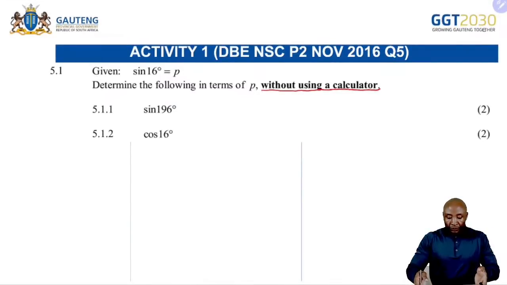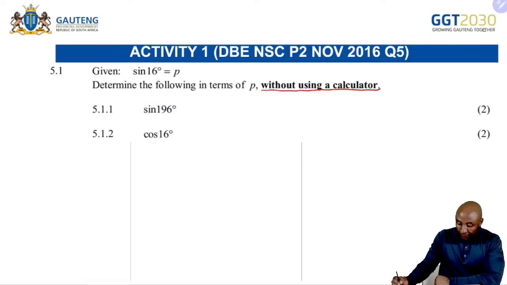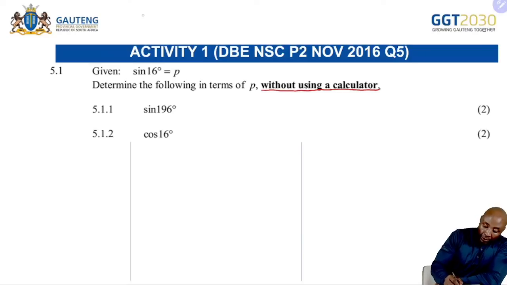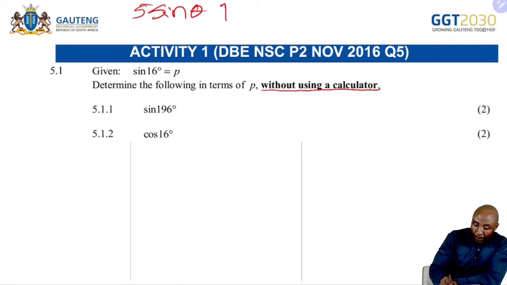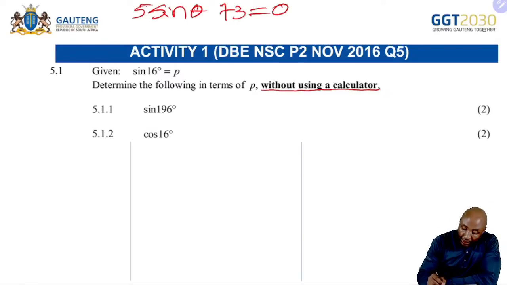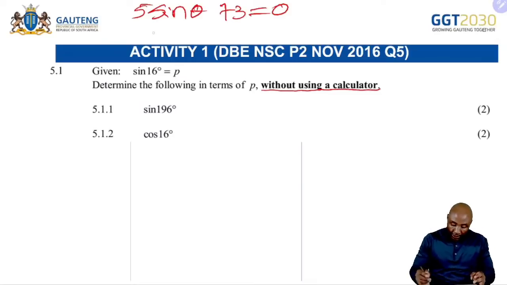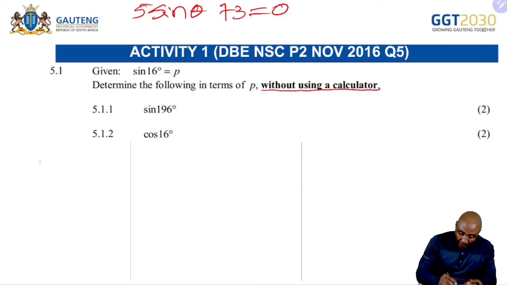Welcome back. As you can see, this is almost similar to the one that I illustrated earlier on, where I said you can be given 5 sine theta plus 3 equals 0, and then you are supposed to come up with a diagram. In this case, they've given us sine 16 degrees. The first thing that you must look at,